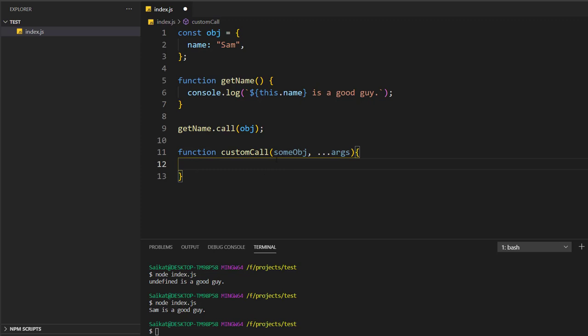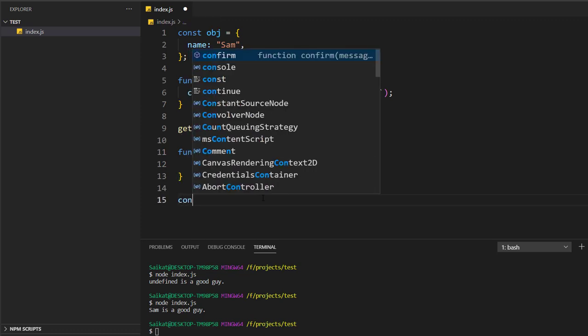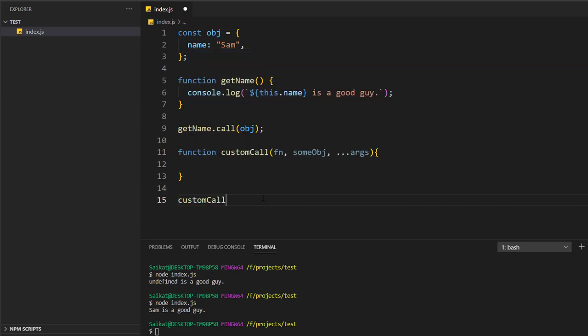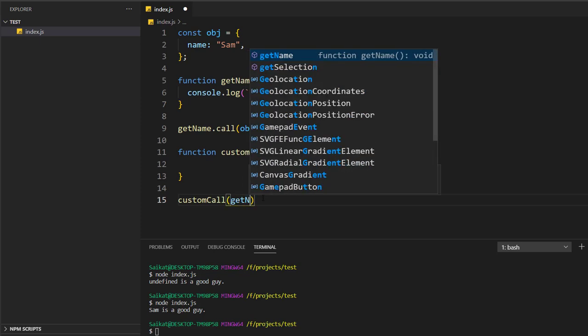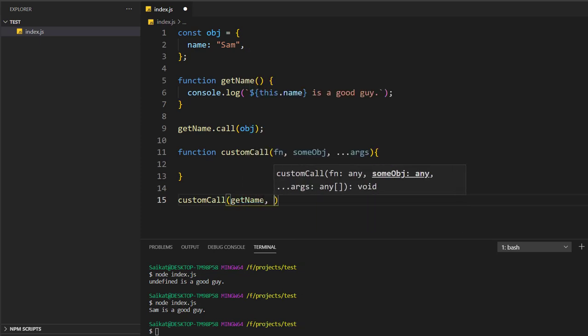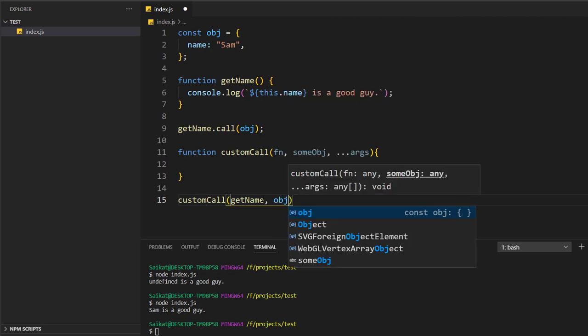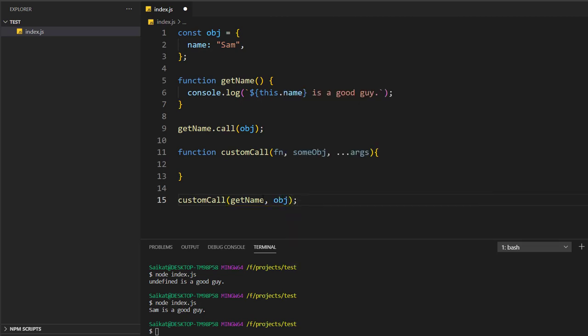In this case I'll pass one more thing, that is a simple function, just to show you how a custom call function works. I'll use it in a different way: customCall, here I'll pass getName, then comma, the object will be obj, and I do not have any args, so I won't be passing it. The internals of this function will be something like this.